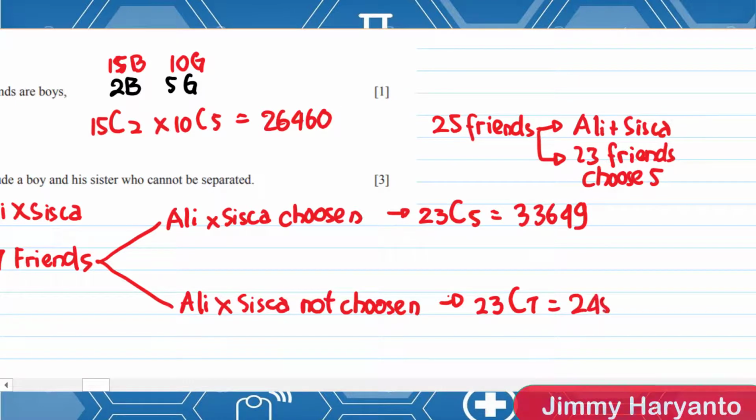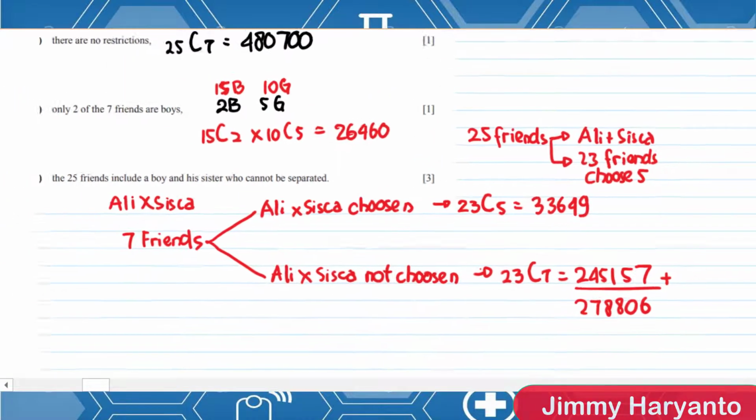2, 4, 5, 1, 5, 7. You only have to add them. Plus 33649. 2, 7, 8, 806. So this is the answer for